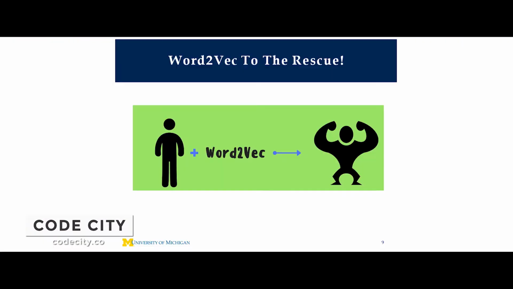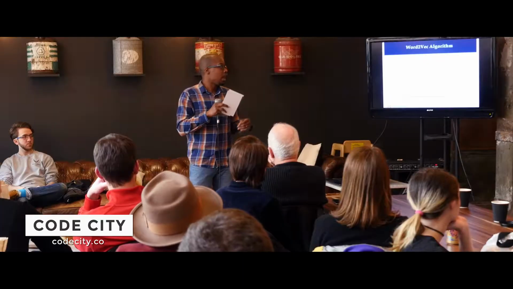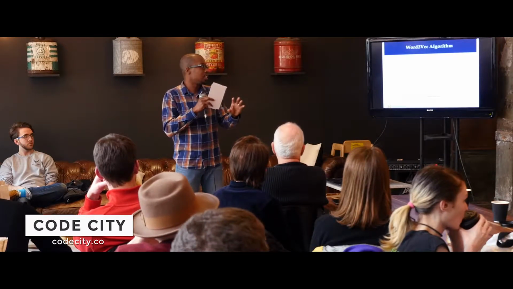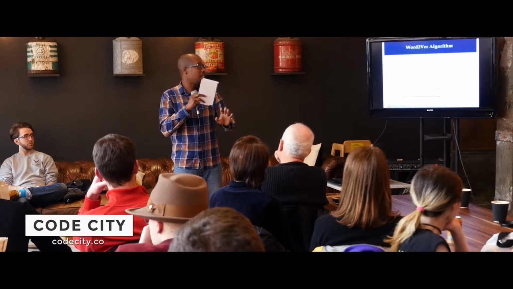Word2Vec to the rescue. Now I'm going to get into the tool that we're actually using at University of Michigan, and explain how the Word2Vec algorithm works. The first thing you need to do to implement the Word2Vec algorithm is get a huge collection of text. Some people have used all of the pages on Wikipedia. You could use New York Times publications from 1950 to 2010. Word2Vec will first get all of the words in this collection of text.